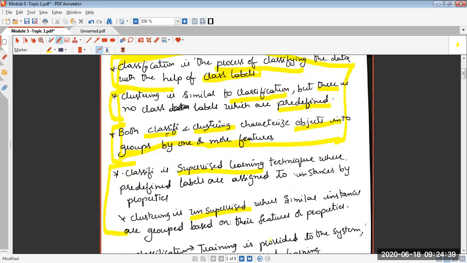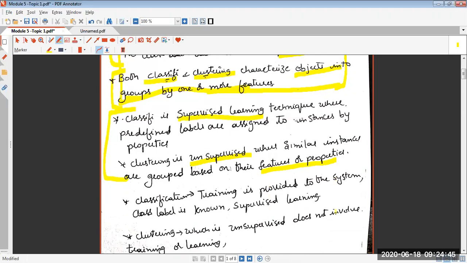And does it do the same thing? Grouping is based on features and properties. Okay, it is repeating. So once again, I'm reiterating, clustering algorithms will decide on the class label on its own, depending on the nature of the objects. It will tell: what is the name of class A? What is the name of class B?